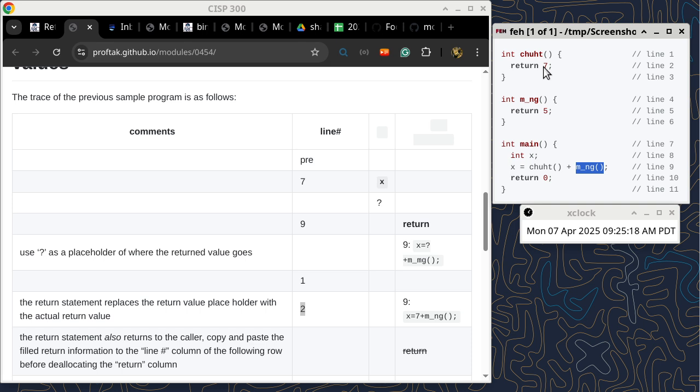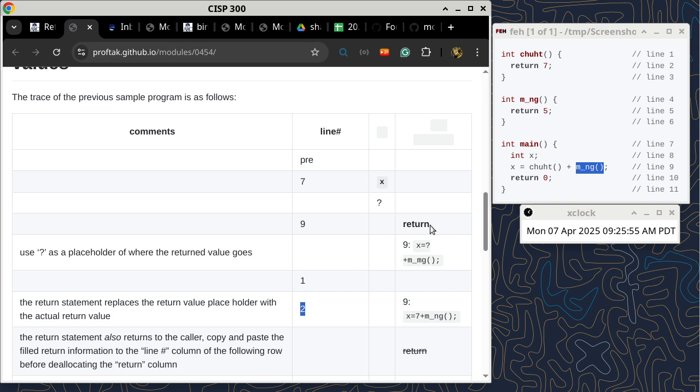There are quite a few things we have to do when we encounter a return statement like the ones on line 2 and also on line 5. Technically speaking, line 10 is also a return statement, but we look at that one in a very special way, so we are not going to include line 10 in this description. Between line 2 and line 5, when you execute a return statement, there are three things you need to do. The first thing you need to do is to go to the